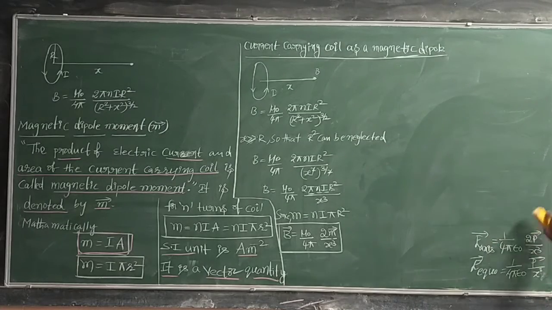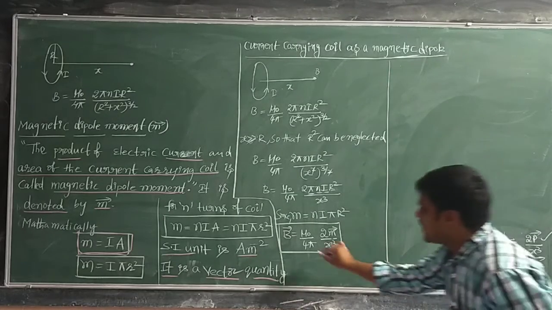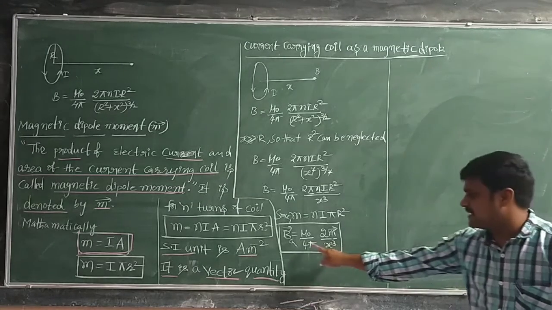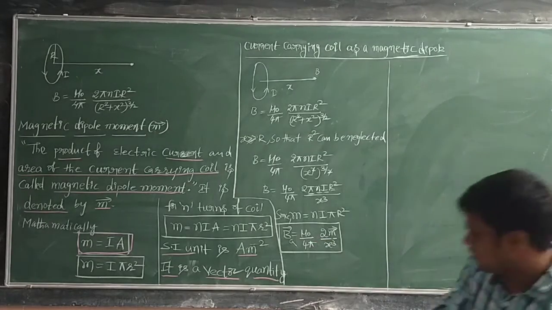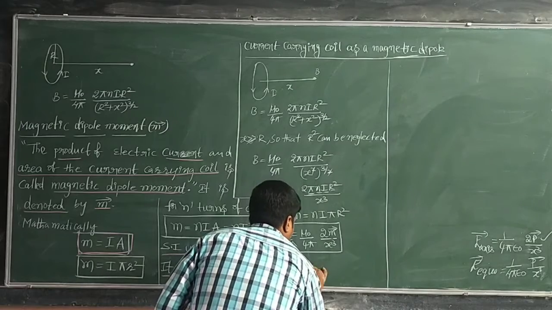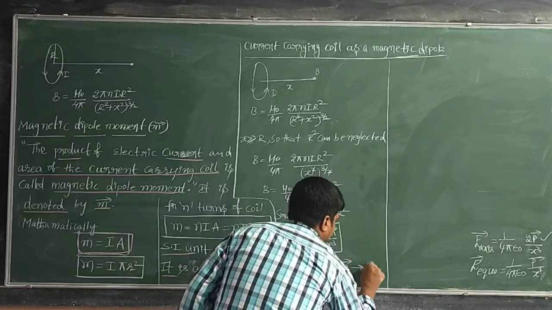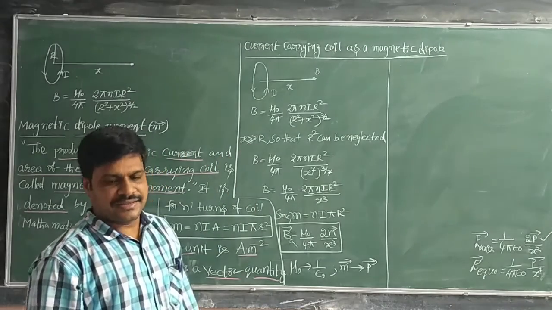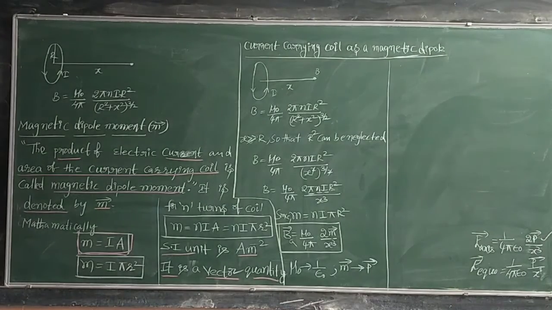See, here we just see one more thing. Compare these two. This is the axis and this one is also the axis, right? Pi is common, 4 pi is common. So mu naught is equivalent to 1 by epsilon naught. That means mu naught is equivalent to 1 by epsilon naught. At the same time, the magnetic dipole moment is equivalent to the electric dipole moment. In electric and magnetic fields, we can take it like this. So from this we can conclude that the current carrying coil behaves like a magnetic dipole.